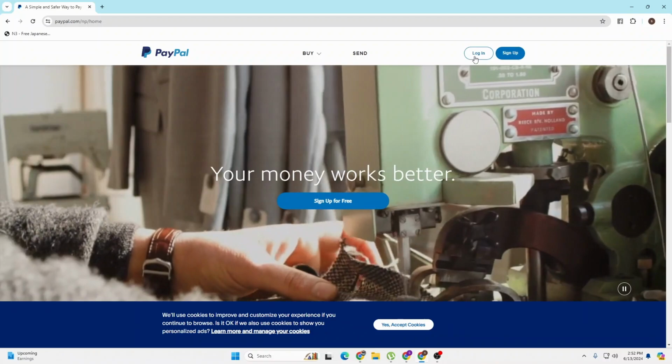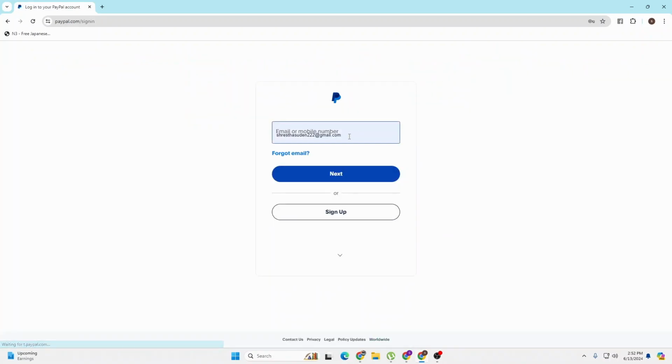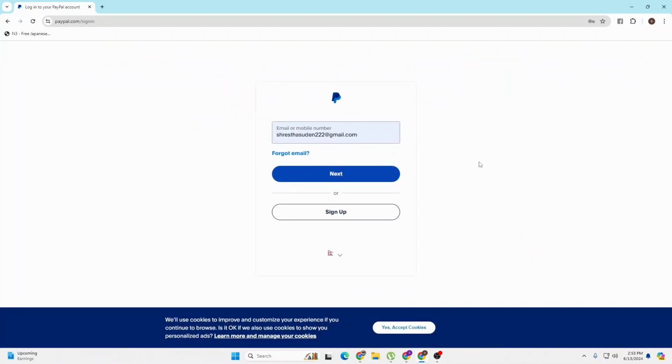for us. Click on the login button over here, and then you'll be required to enter your email address with which you had signed up for a PayPal account earlier over here. But if you've forgotten your email ID guys, you can always retrieve it from over here where it says forgot email. If you click on that button, you'll be taken to a procedure where you'll be able to retrieve your